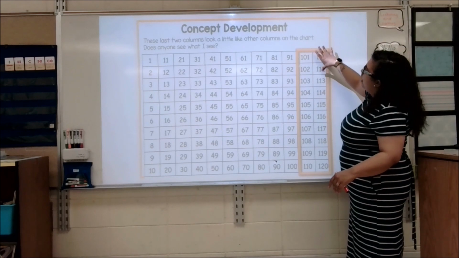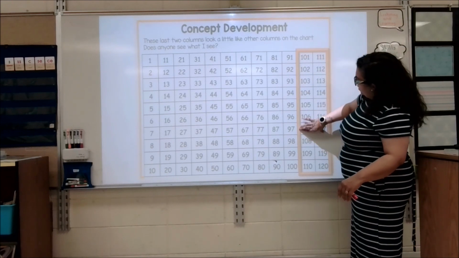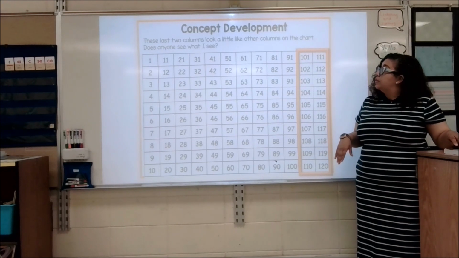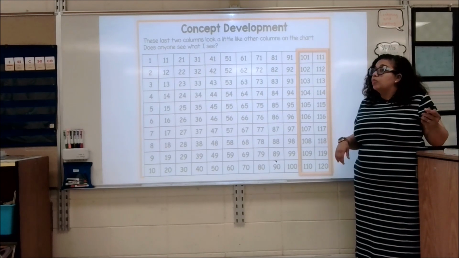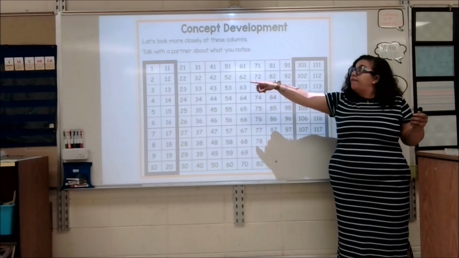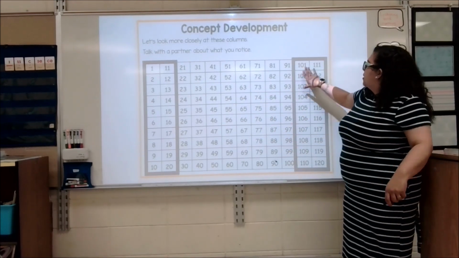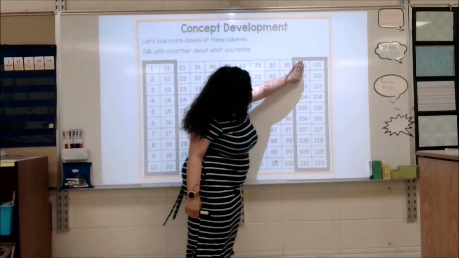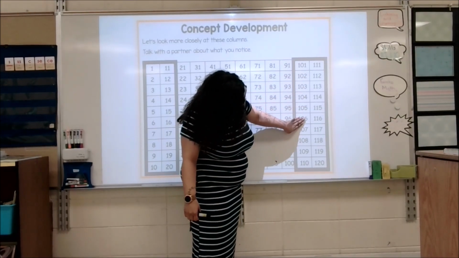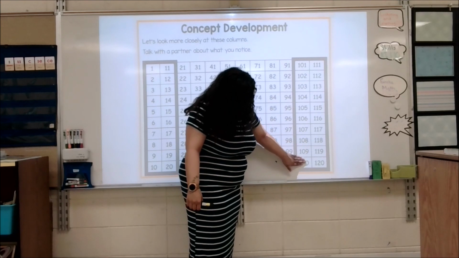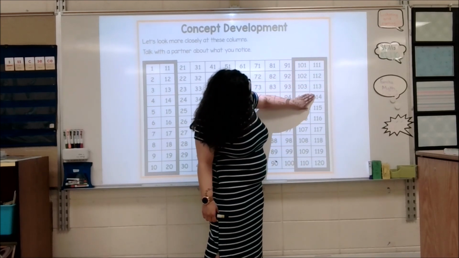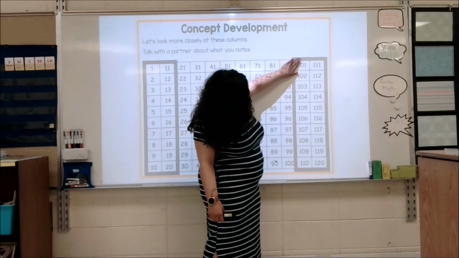So do you see how these 2 columns here are similar? Do you see which columns they're similar to? Let's see. They're similar to the first 2 columns. See, look. If we take away the groups of 10, we have 1, 2, 3, 4, 5, 6, 7, 8, 9, 10, 11, 12, 13, 14, 15, 16. So yeah, if we take away